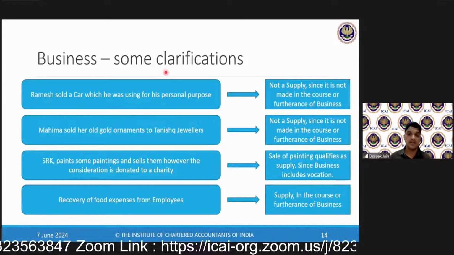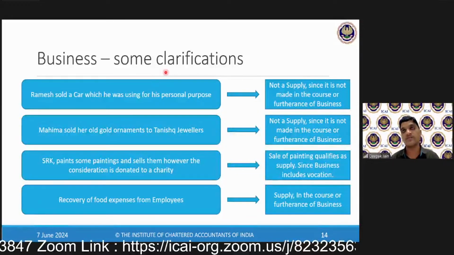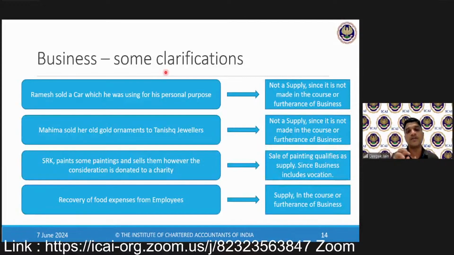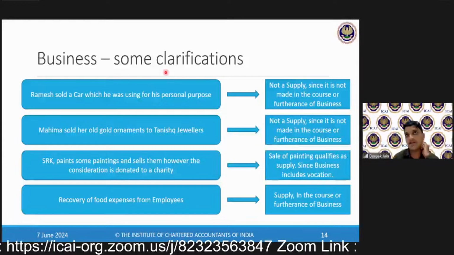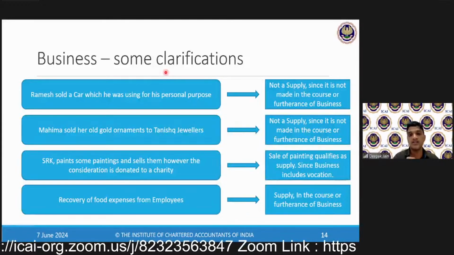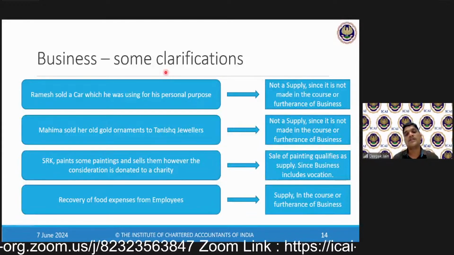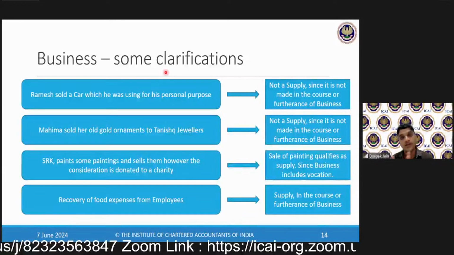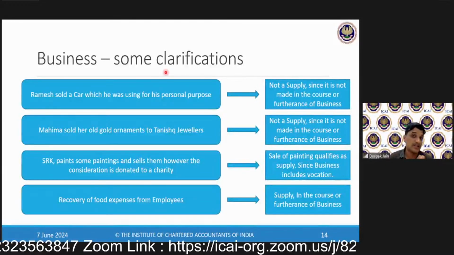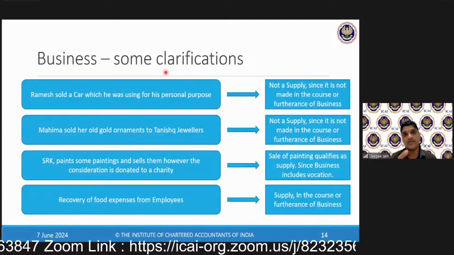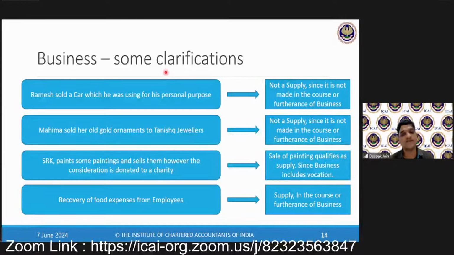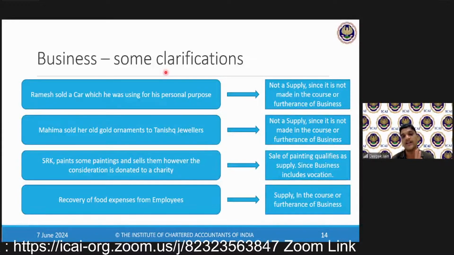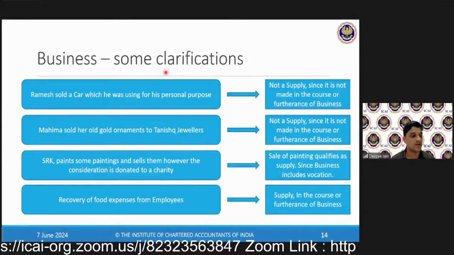So here, if I understood your question correctly, Sriram: Mr. A purchases goods from Mr. B. Now, Mr. B has sold them in the month of May. He has made a supply in May, and he has reported it in his GSTR 1. Now, Mr. A has received it in June because of transit or whatever reasons. Now, when will he claim? We will discuss it in ITC, that ITC can be claimed when you receive the goods. So when he has received the goods in June, he can claim only in June. So GSTR 1 is one criterion, but actual receipt of goods is also important.